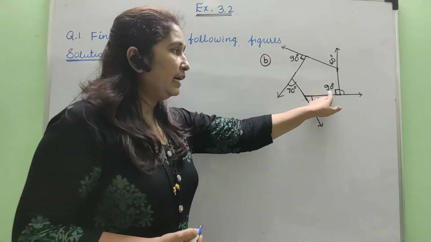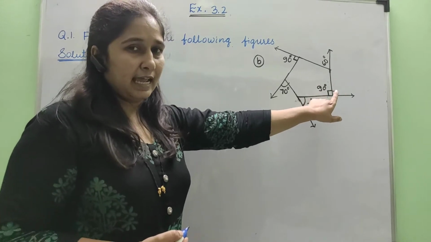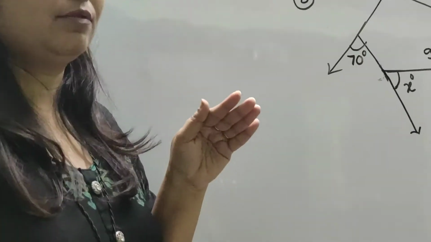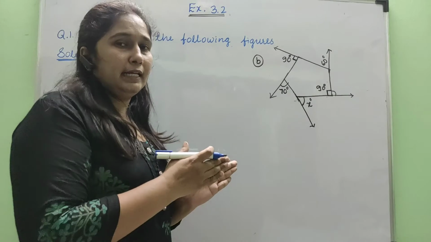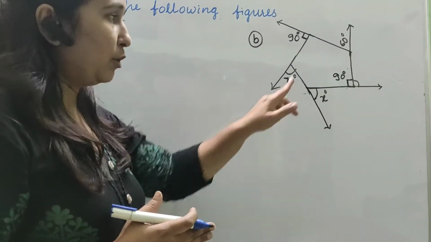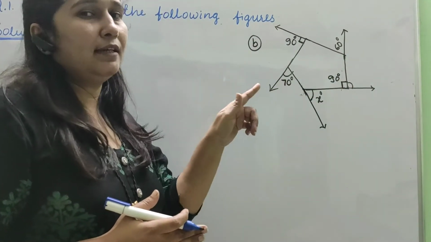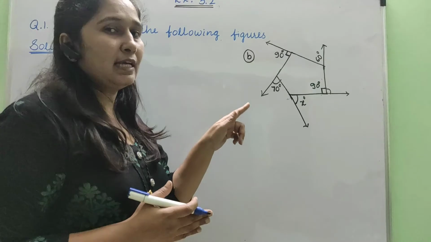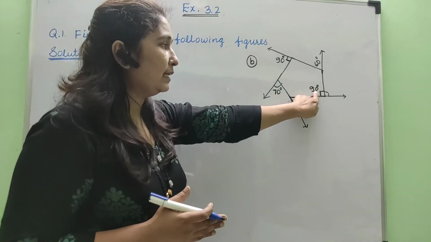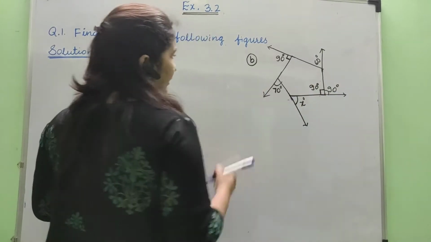When the interior angle is 90, you need to find the exterior angle, then you are going to use the property that sum of the interior angle and exterior angle is 180 degree, because they both form linear pair with each other and the angles in a linear pair is always 180 degree. That's why this angle is 90. It means other angle will be of 90 degree.